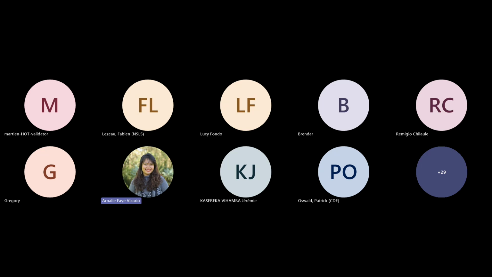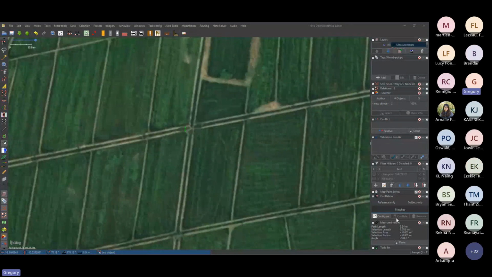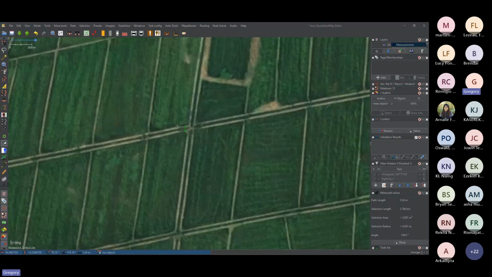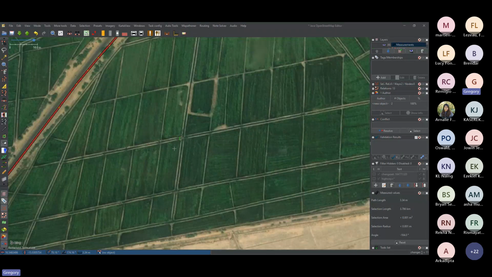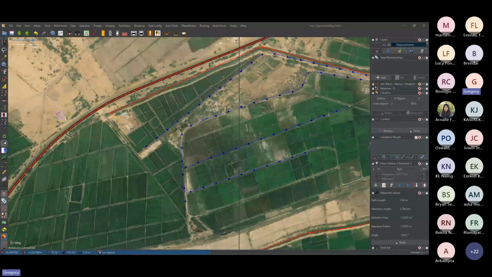Hello, my internet is bad, but I would more or less agree. Michael just responded in the chat to say that the rule of thumb for canals is about 5 to 10 meters of width. If I share my JOSM quickly, you can see that I've measured the width of these smaller channels in the bottom right, and they're about 3 meters or so. That matches more or less with the rule of thumb, so these are likely drains.